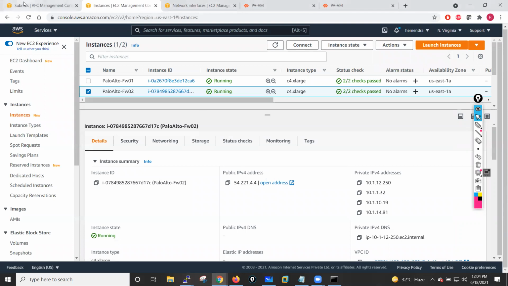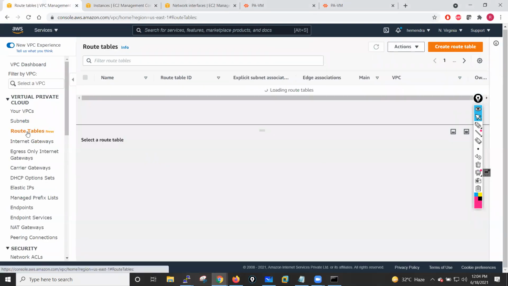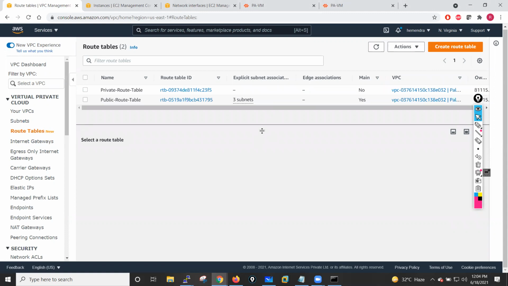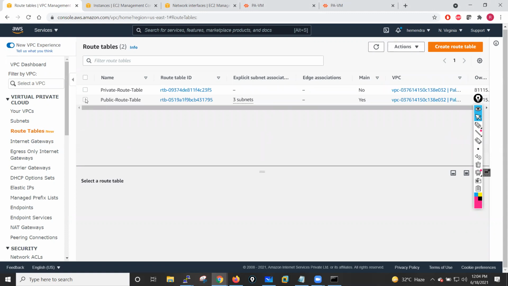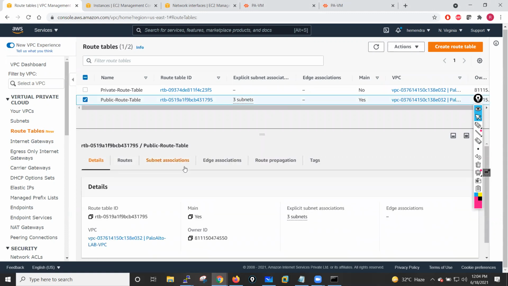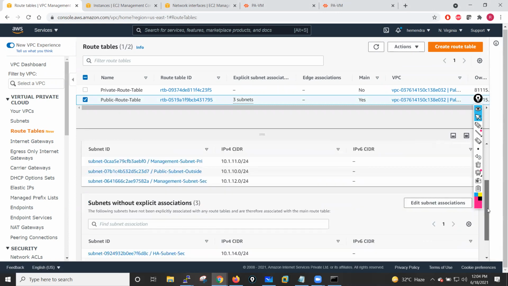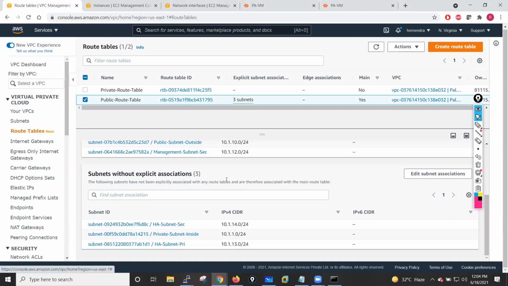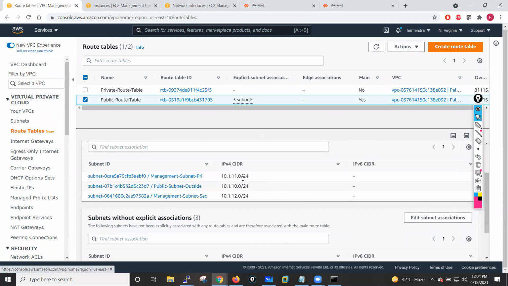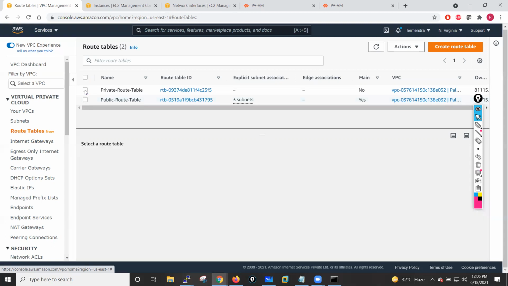and also I want to go into my subnets, into route tables. This is my public route table, and it has subnets associated: 10.1.11.0, 10.1.10.0, and 12.0, right? This is the outside subnet, this is the management subnet, primary and secondary, right? What I will do, I'll now go into my private routing table,